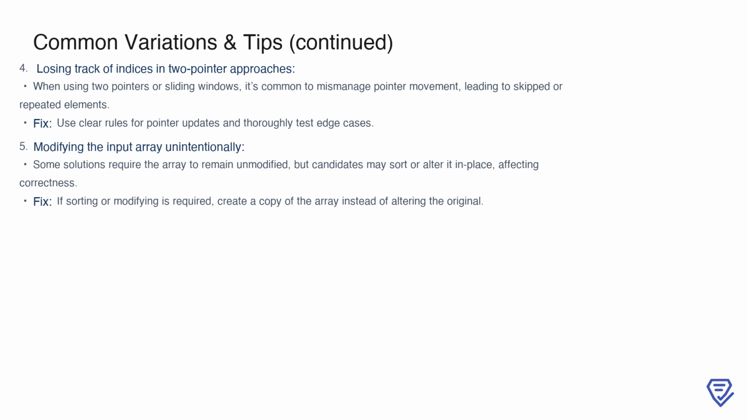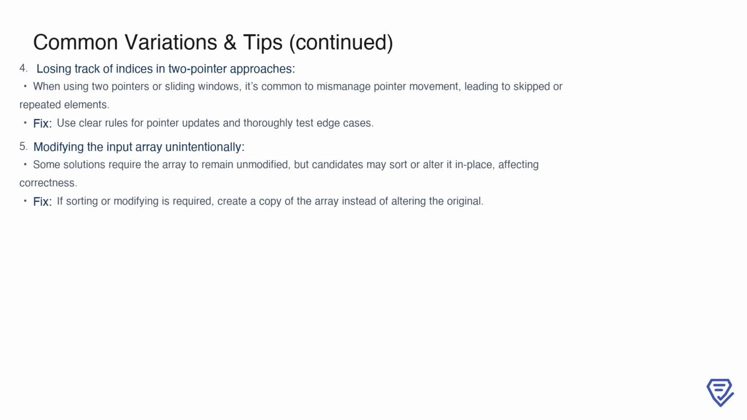Now, let's look at additional mistakes to watch out for. Losing track of indices when using two-pointer approaches is a common issue. Mismanaging how pointers move can lead to skipping over or double-counting elements. To prevent this, define clear rules for how each pointer is updated, and rigorously test your solution with edge cases